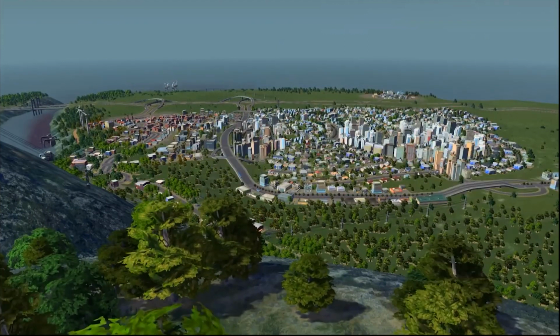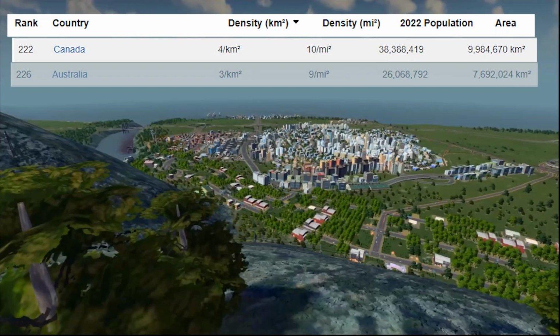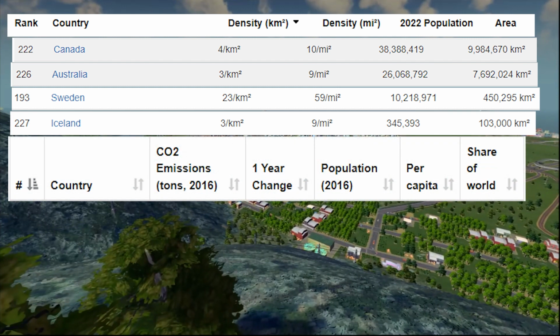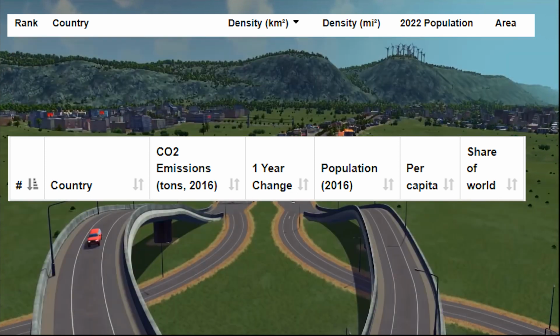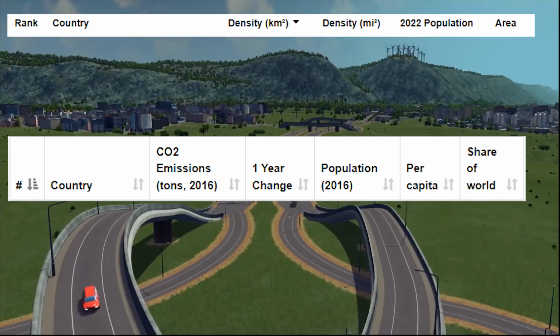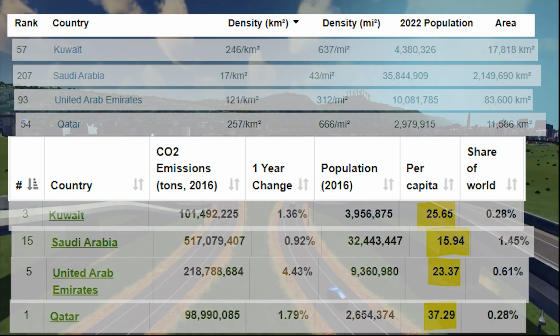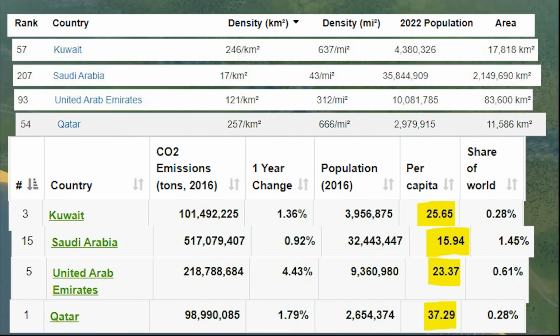If we take some of the least densely populated countries on Earth, Canada, Australia, Sweden, Iceland, and then look at their carbon footprints, we see that each have a very high per capita carbon footprint compared to the global average. In contrast, when you take some countries with the highest per capita carbon footprints, but a lower than average population density, such as Kuwait, Saudi Arabia, the UAE and Qatar, we see that these countries have a high carbon footprint